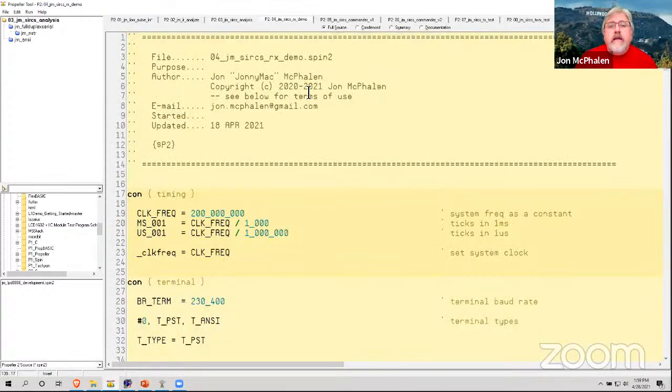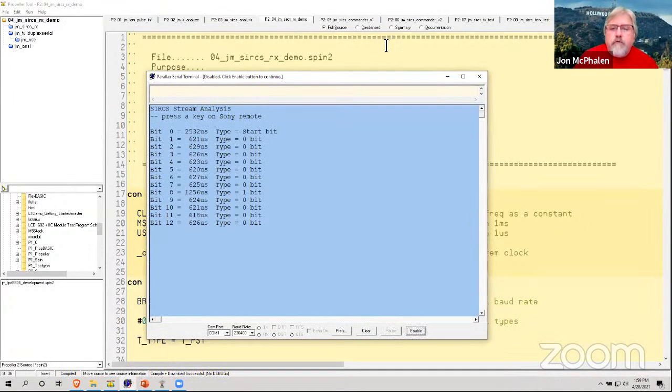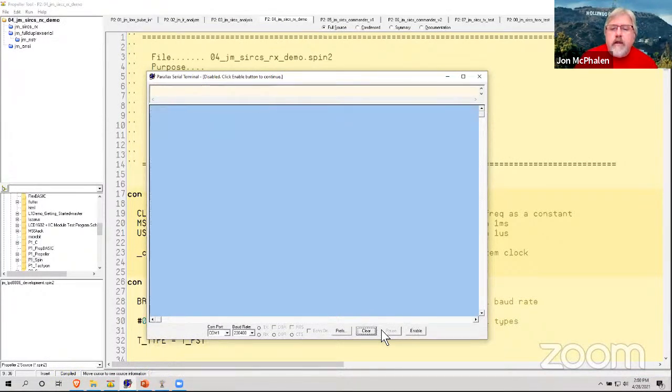Okay, and here I can show you that. So here's kind of the final step in the way as we build things. And again, for those of you that are new, I tend to do things very incrementally. So as you saw, we started with, let's just measure a pulse. Let's look at a pulse stream. Let's analyze a pulse stream. And now we have a practical program that can convert inputs from the remote into text messages that tell us what that button was. So if we run this program,